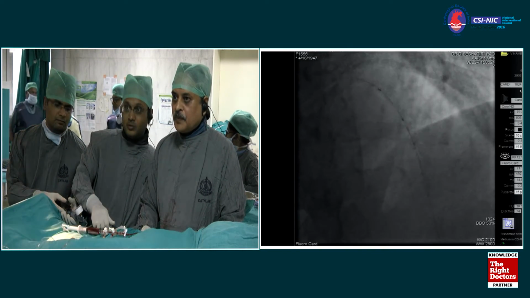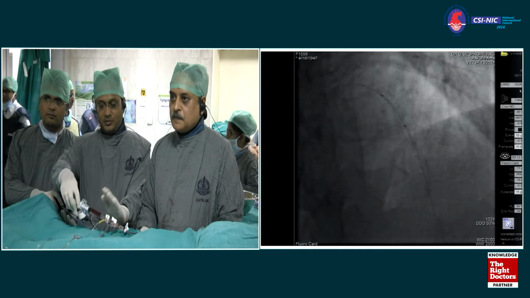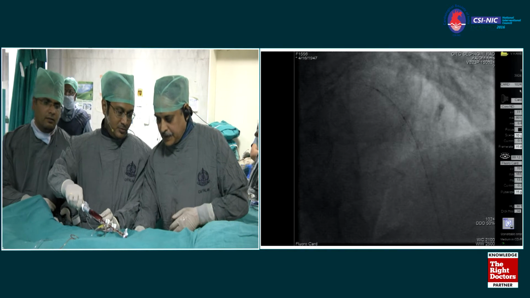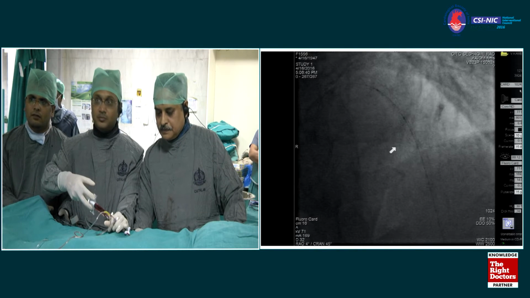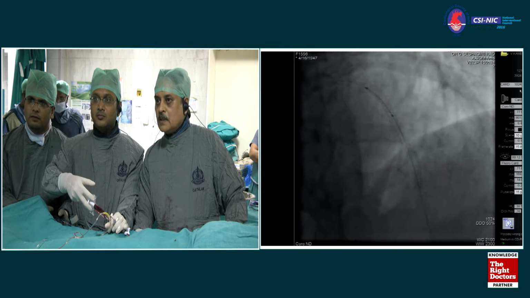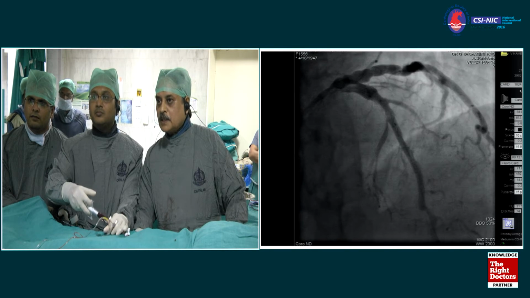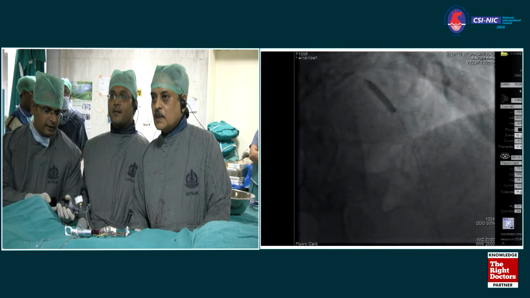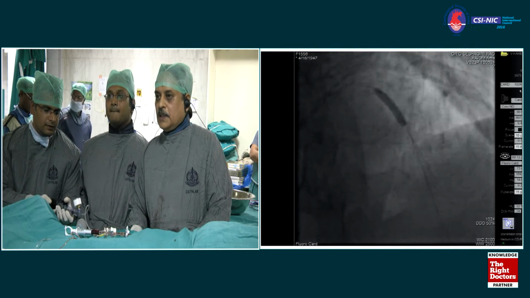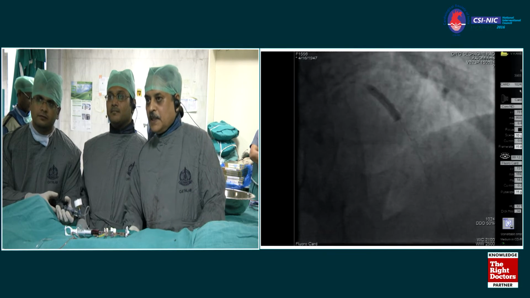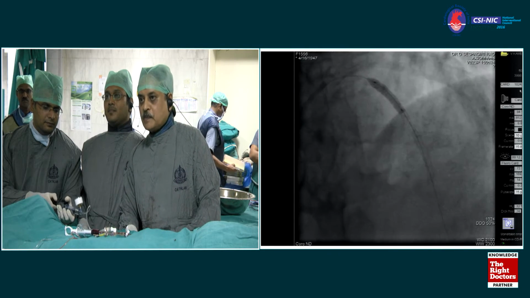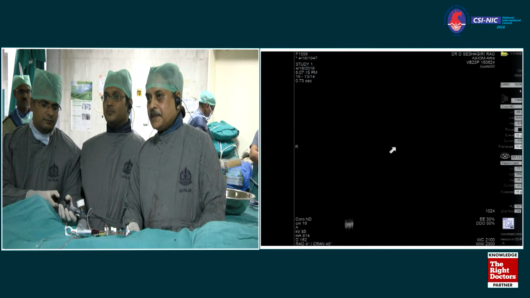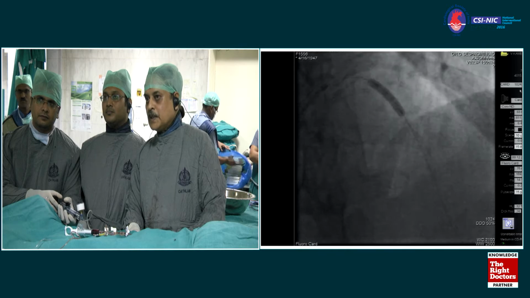This is 3 millimeter, 3.5. Yeah, this is 3.5. Fine. Okay. Ready? Yeah, go ahead. Dilate. Yeah, that's enough. This is 14 atmospheres we dilated with a non-compliant. You can definitely go to higher pressure because if you freeze this shot and compare with the previous shot, go up to 16.